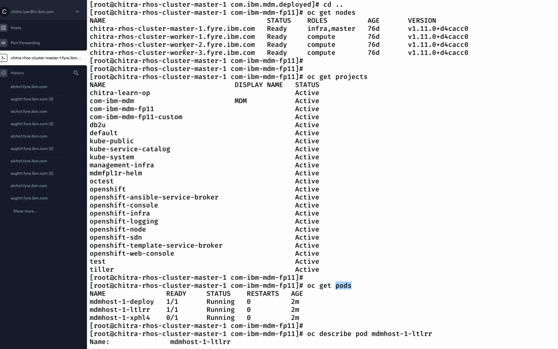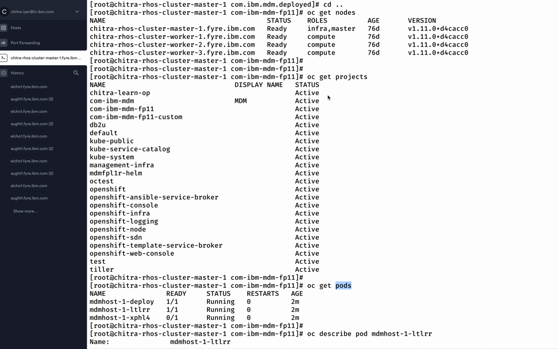Whatever resources we create as a user will all be placed inside the worker. When it comes to resources, there are different types of resources, such as a deployment, which comes from Kubernetes, and the deployment config, which is specific to OpenShift. We also have config maps, services, and routes, which are specific to OpenShift, and we also have something called the horizontal pod autoscaler. So what we have to notice here is OpenShift is built on top of Kubernetes, and all resources that are available in Kubernetes are also available for us in OpenShift.